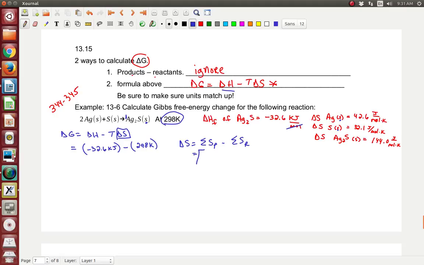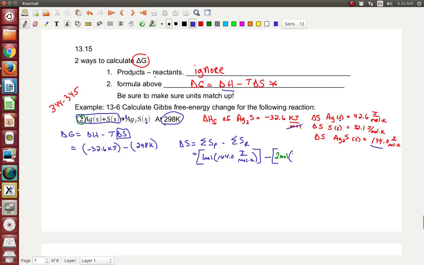All right, the product, we have 1 mole of Ag2S, and the Ag2S value was 144, so 144.0 joules per mole Kelvin, and that's all the products I have, minus the sum of the reactants. 2 reactants right here. So I have 2 moles. Notice that this time I have 2 moles of silver, so I have to write that here, 2 moles, and then I'm going to go back to blue just so you can connect the dots there. The 2 comes from there, it goes to here. And of